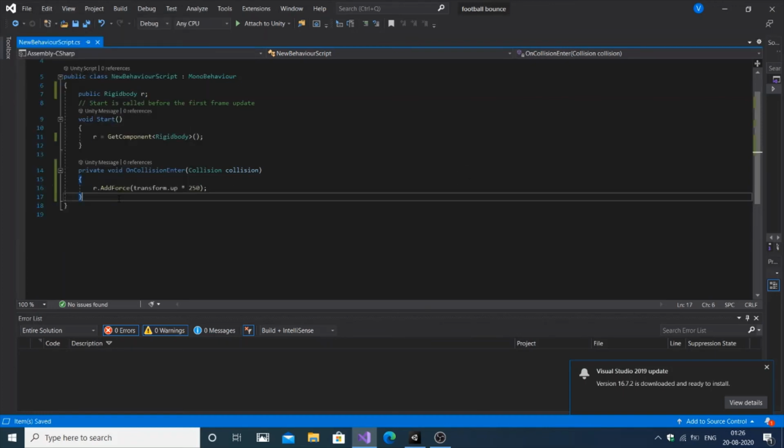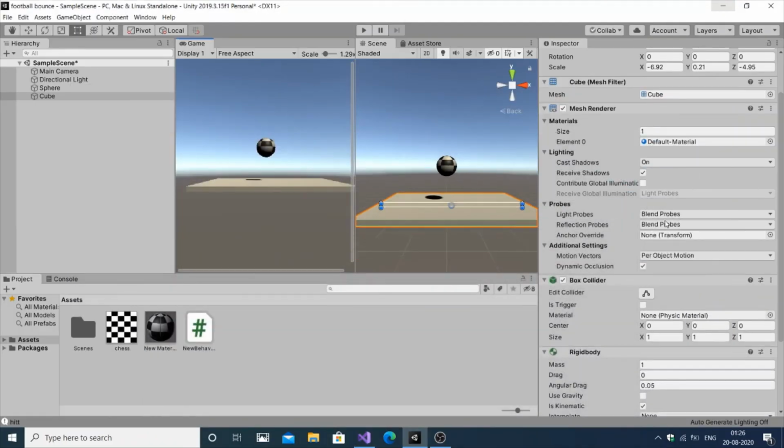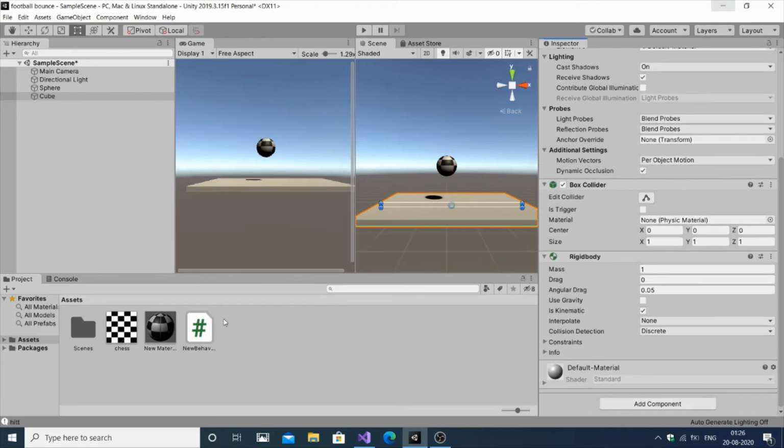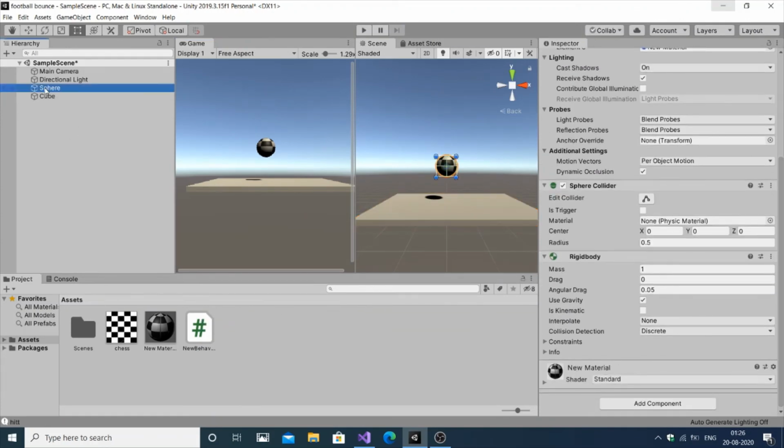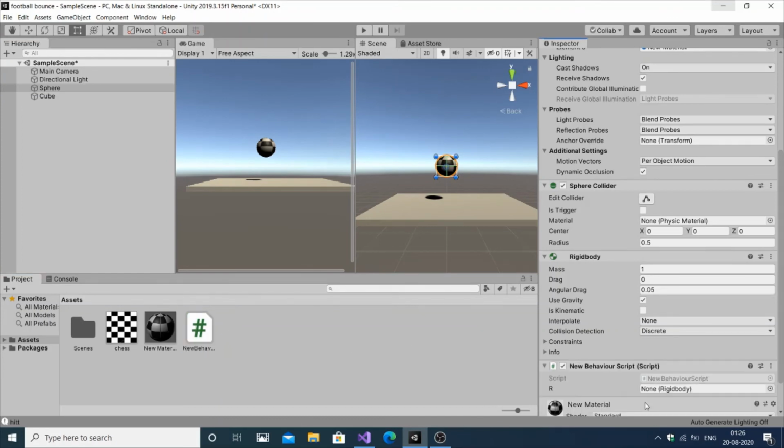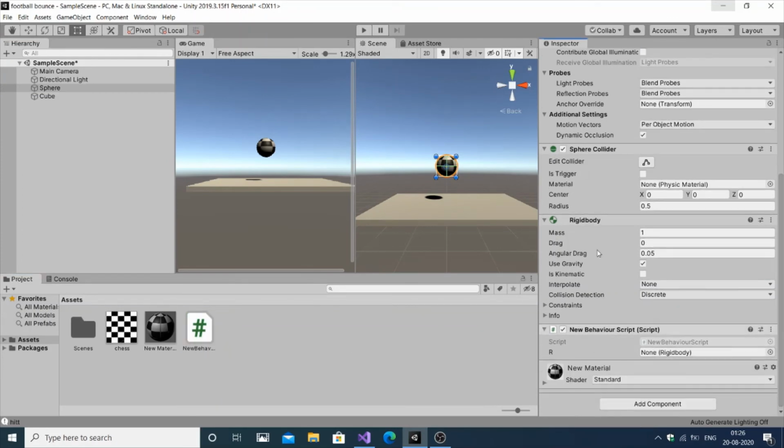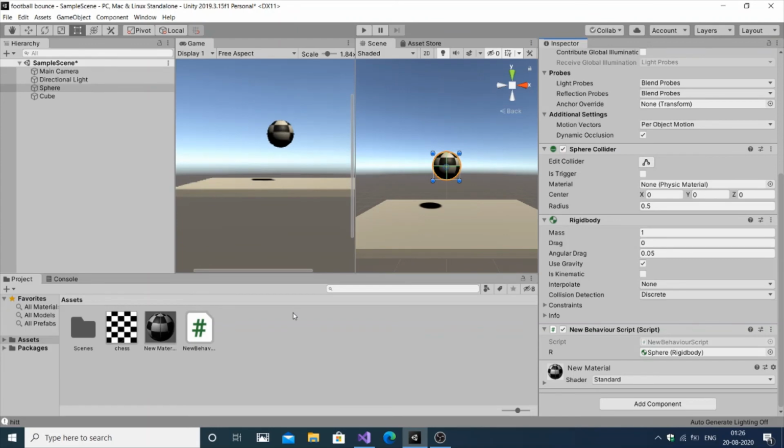You can also use MovePosition, but its movement will look somewhat artificial in this case. So AddForce suits very much. We have saved our script. Now we need to go to our sphere, just drag and drop the script, and in the place of the empty Rigidbody field, just drag and drop the sphere. So now if we play this game,